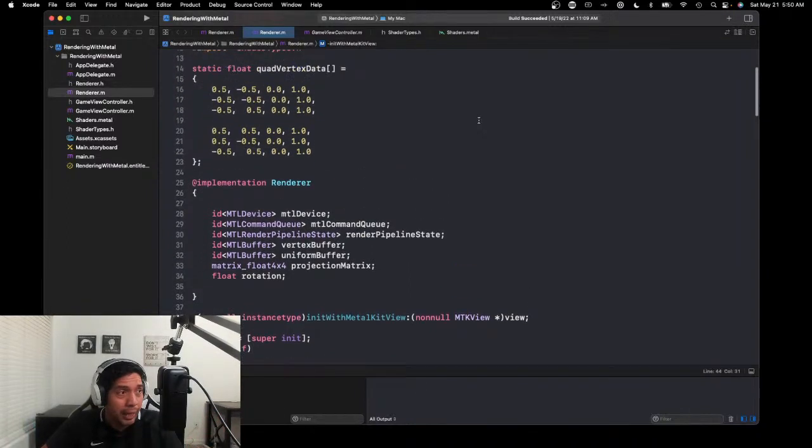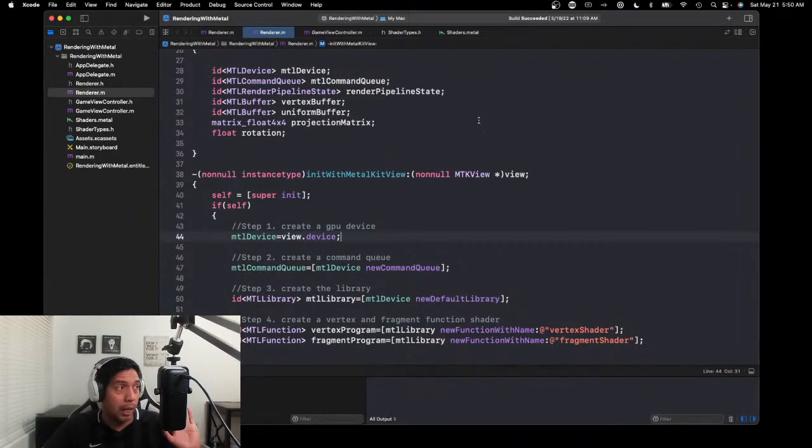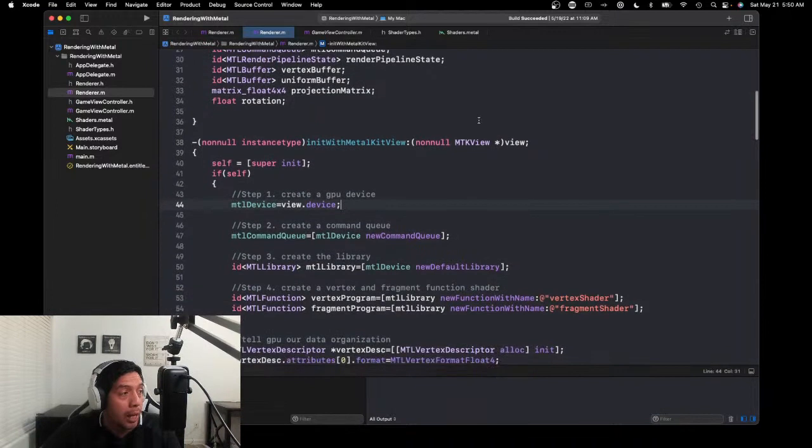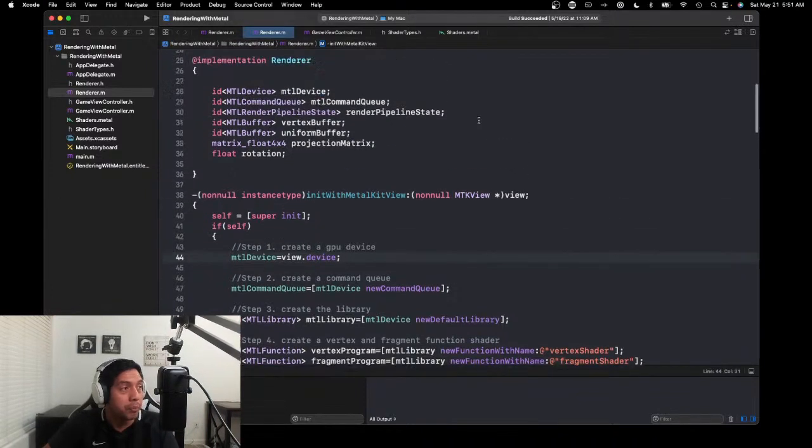And I'm gonna be sharing this code project, or this sample code, in my Discord server, so that way it's available to you if you want to use it. But again, the whole point of this video is to basically go and explain to you how everything works and what you should focus on. All right, so